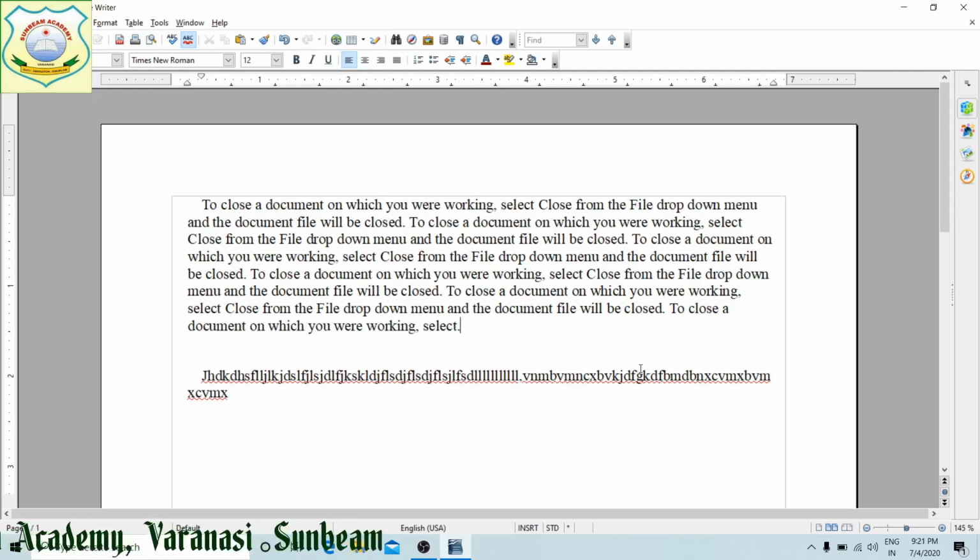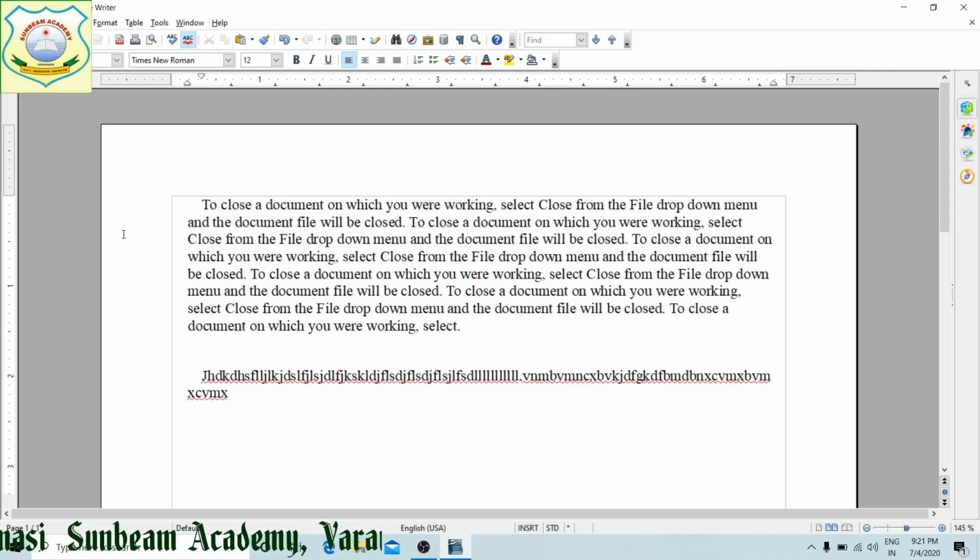This is your indentation. Again I am telling you, this is margin, but this is indentation. You can see this is the page boundary, and the distance between the page boundary and the text is known as your indent, and this is known as margin.